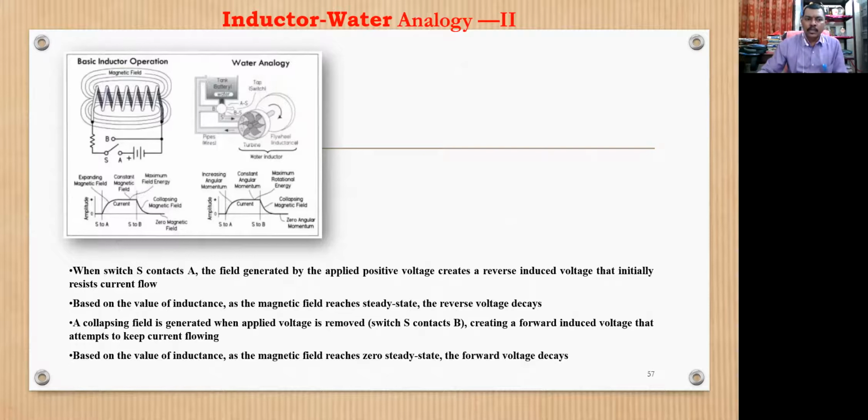Now what we are doing here is we have connected this to a battery and we are having a switch S, we have 2 points B and A. What we are going to do, we are going to shift this switch at a very higher speed. Accordingly, the current is going to move back and forth through this, and there will be a magnetic field generated across this, as you are able to see in the screen. So this is how the inductor works.